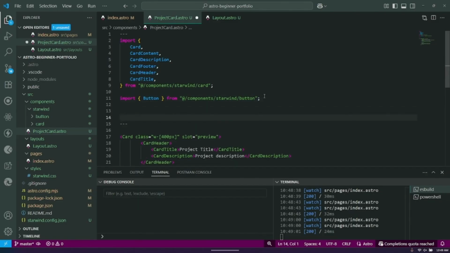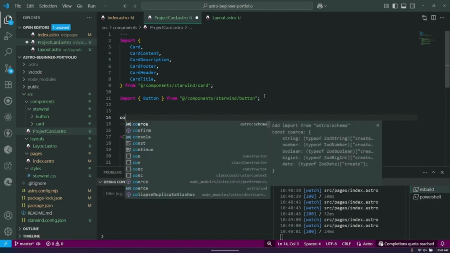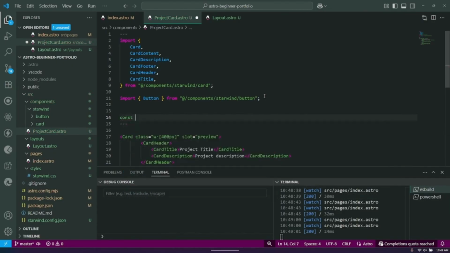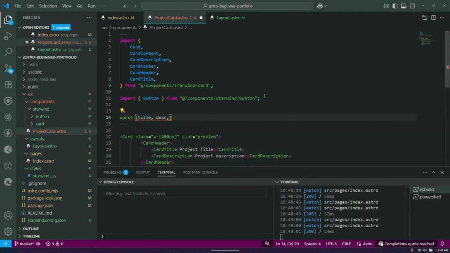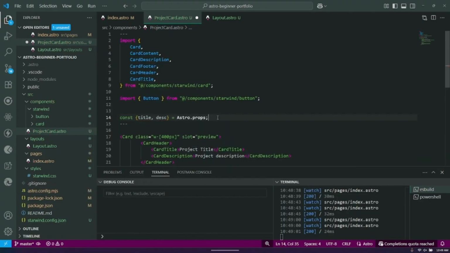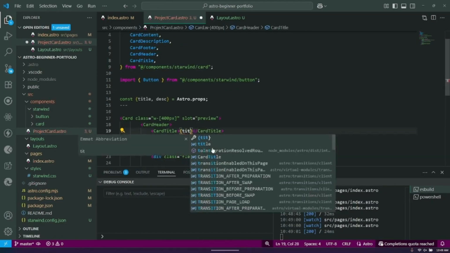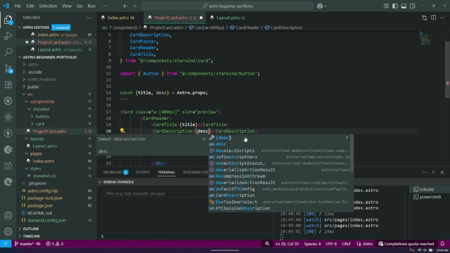So all we want is a const, and we're going to say we want a title, a description, and maybe we'll just do that for now, and it equals Astro.props. And now we can change this to a title and a description. So basically these are like placeholders,